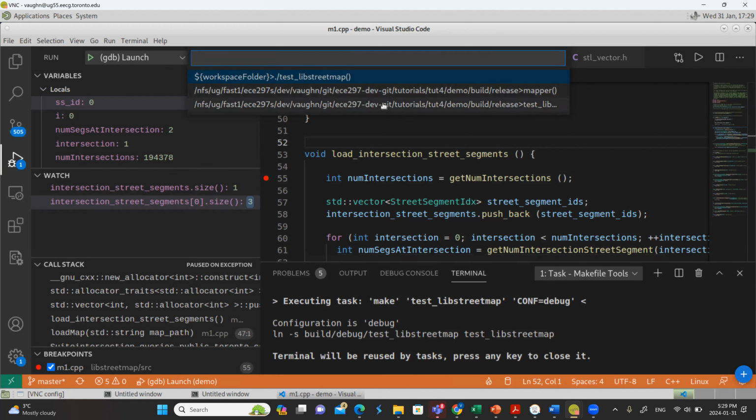All right, anybody know how to get rid of this pop-up, which appears to be blocking my debug controls?